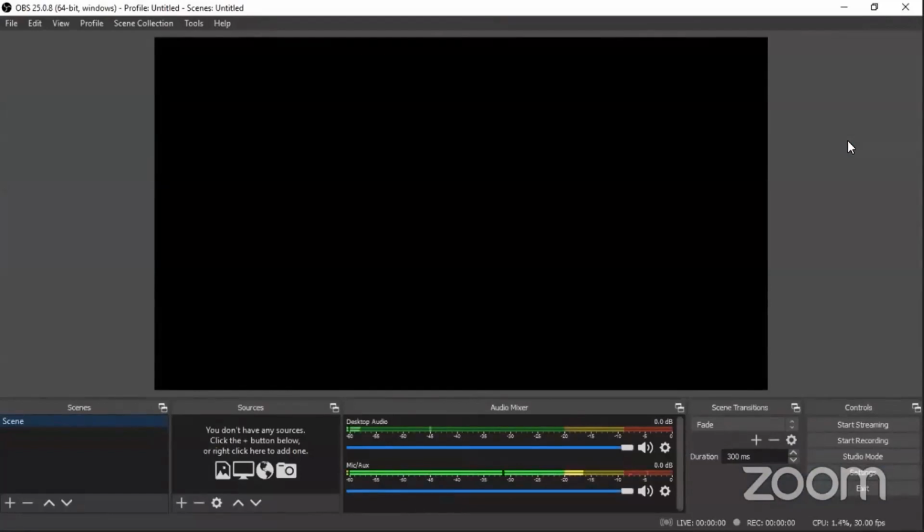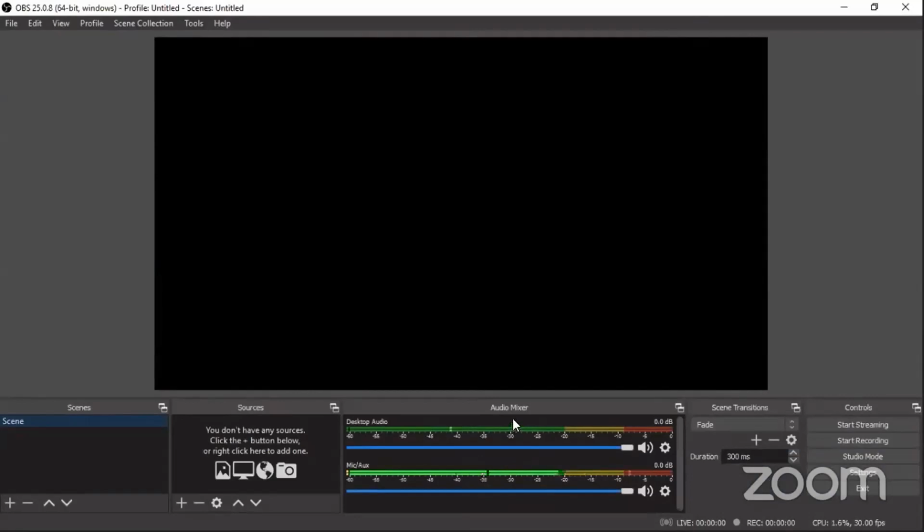Do not worry about it. We will talk about it in a little detail. There are a few things that you can see on the screen. On the top, you can see a blank screen, and on the bottom left, you can see scenes and sources. You can also see the audio mixer, and there you have two things: desktop audio and mic. Since I am speaking right now, you can see the mic indicator moving. That's because I am speaking, and that's about the audio mixer.